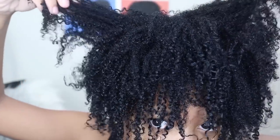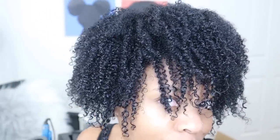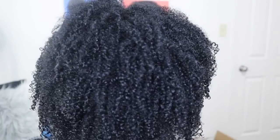So I shampooed my hair two more times, once with the clarifying shampoo and another with the Carol's Daughter again. And here's my hair after I had that mask sitting on my hair for hours and hours. It felt better, but it just smelled weird. The only way I can describe it is that it smelled like a relaxer had been on my hair,